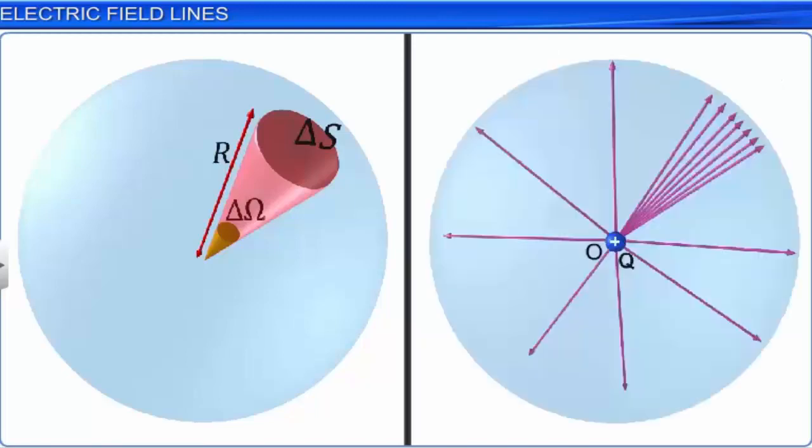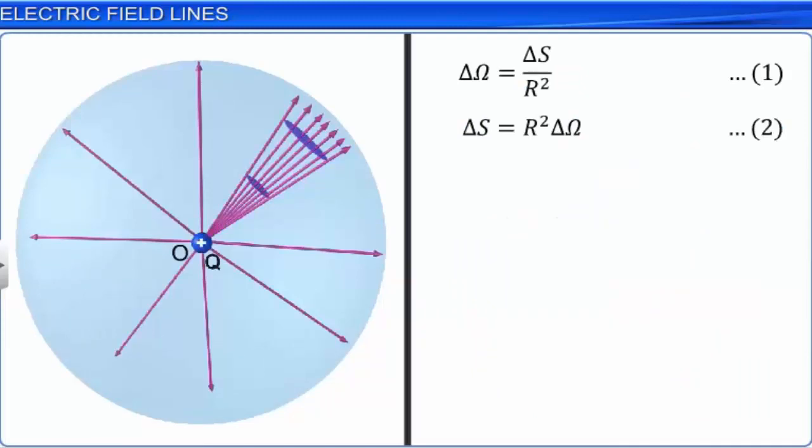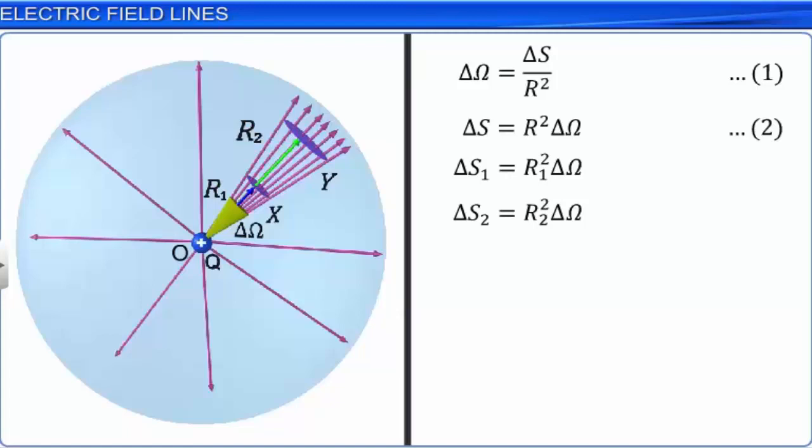For a given solid angle omega, the number of radial field lines is the same. At two different points, say x and y, in the electric field, which are at distances r1 and r2 from the charge, we observe that the area of the elements subtending the same solid angle delta omega will be delta S1 equal to delta omega into r1 square at x and delta S2 equal to delta omega into r2 square at y respectively. The number of field lines, say n, passing normal to delta S1 and delta S2 is also